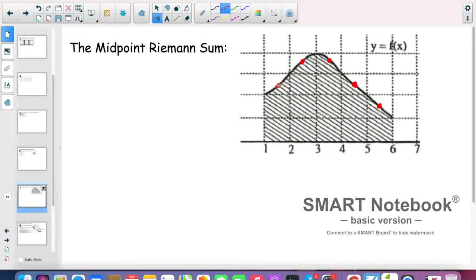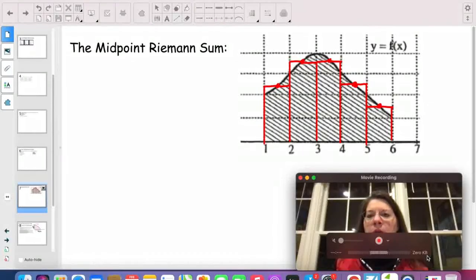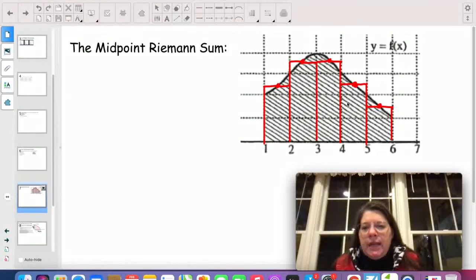Then I'm going to draw straight across the top of where each of my rectangles will be. And you can see as I draw these that part of your rectangle will be inside the curve, part of it will be extra. Okay, so here are my rectangles drawn at the midpoint halfway between each of the intervals. And so if I'm going to figure out the area under the curve here,